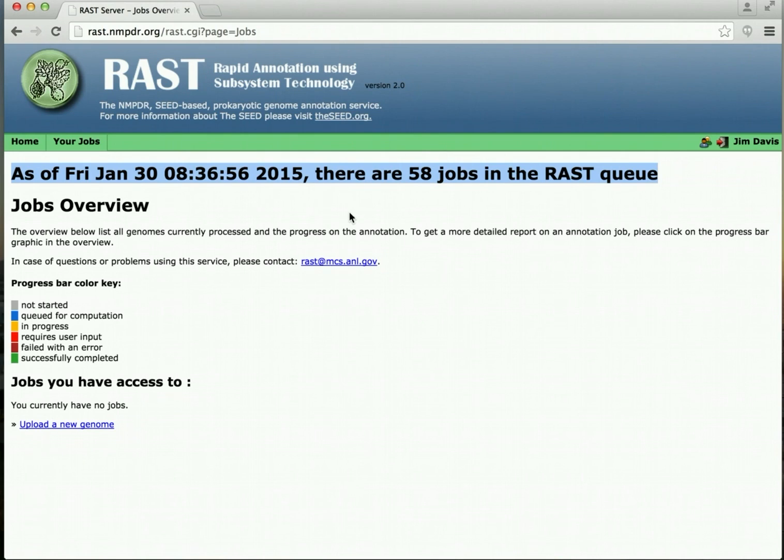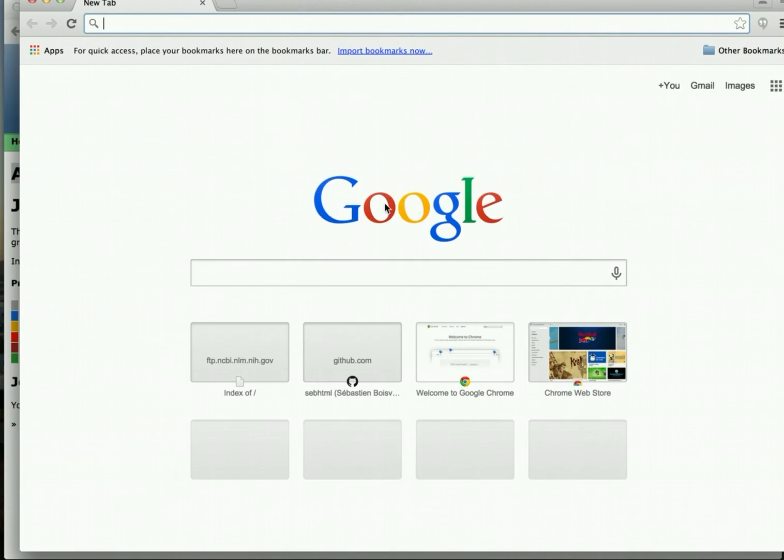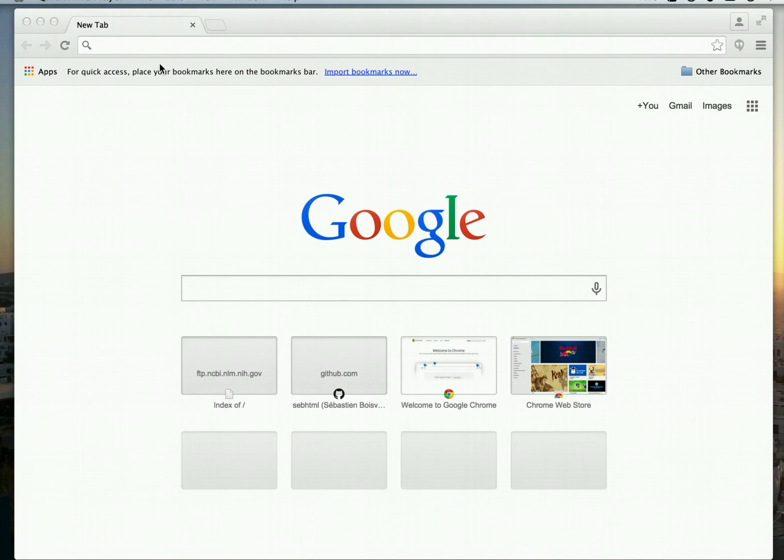So in order to follow along, I think that it's probably a good idea for us to download a genome of our own and try. So I'll open a new window. In order to demonstrate how to annotate with RAST, we'll go back and bring up a new browser window, and we're going to download the E. coli K12 genome from NCBI. So in the browser window, we will type in, and this is a long URL, so I'll go slow,